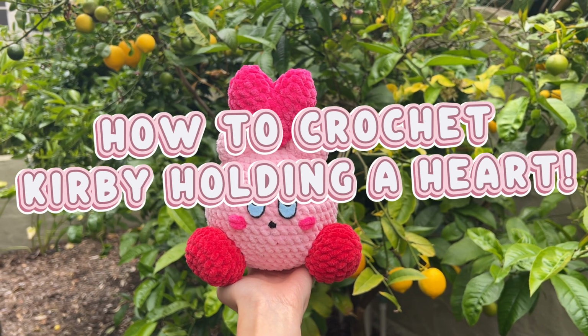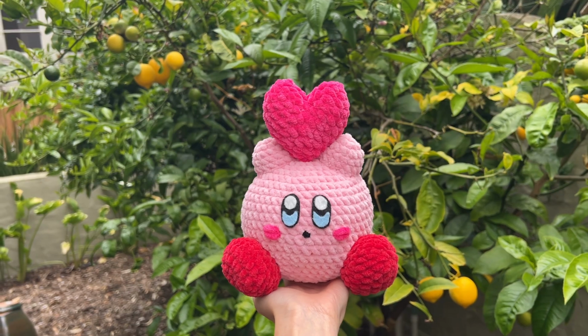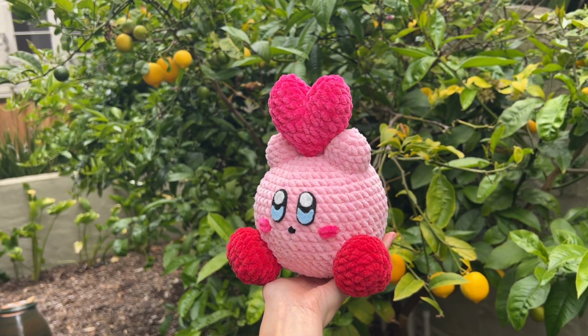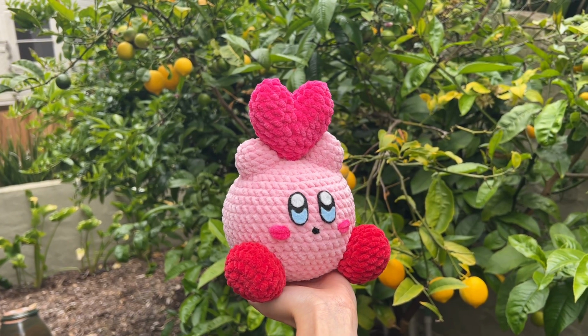Hey everyone, today I'm super excited to show you how to crochet this adorable Kirby holding a heart. It's the perfect handmade gift for any Kirby fan. This is an intermediate level crochet tutorial, so you'll want to be familiar with basic crochet stitches like single crochet,